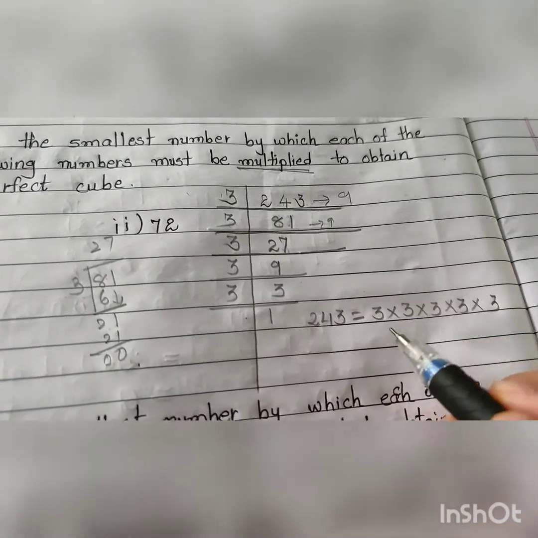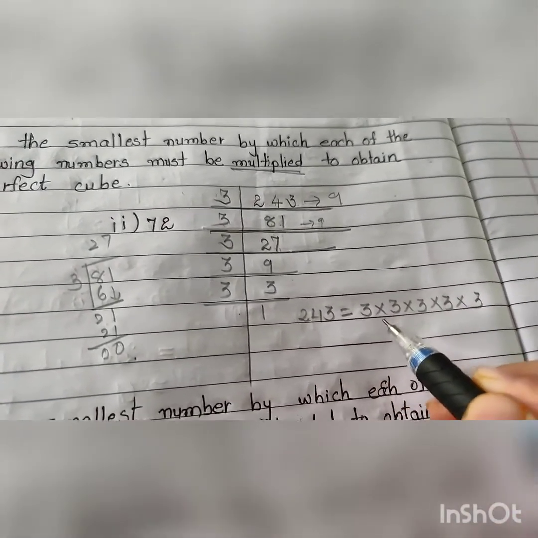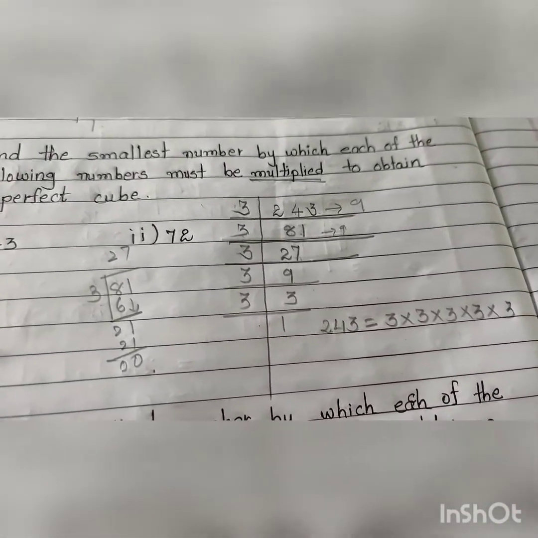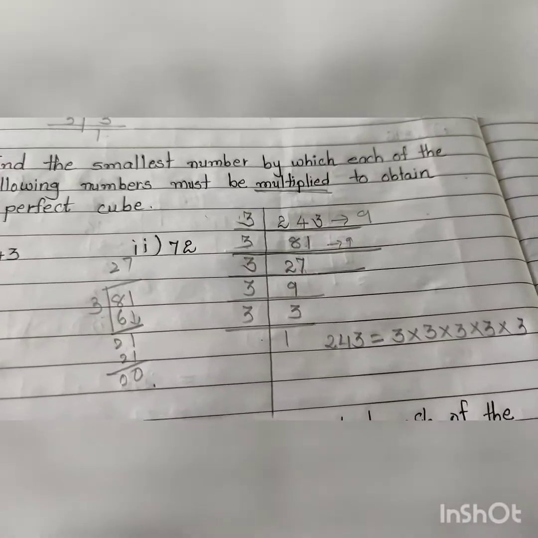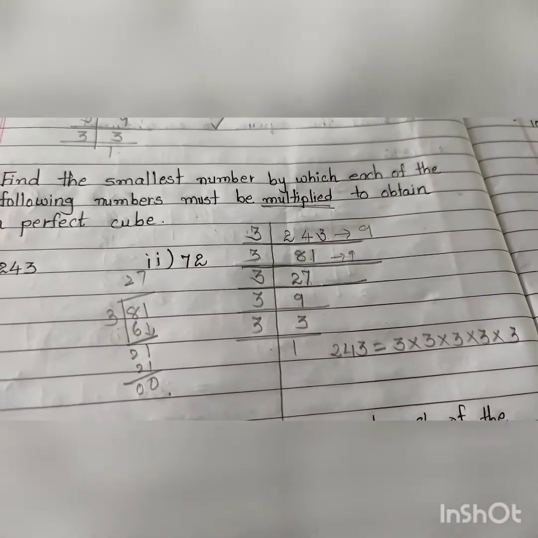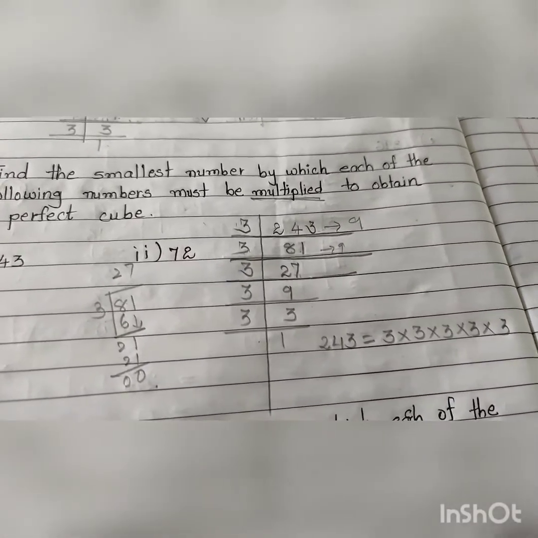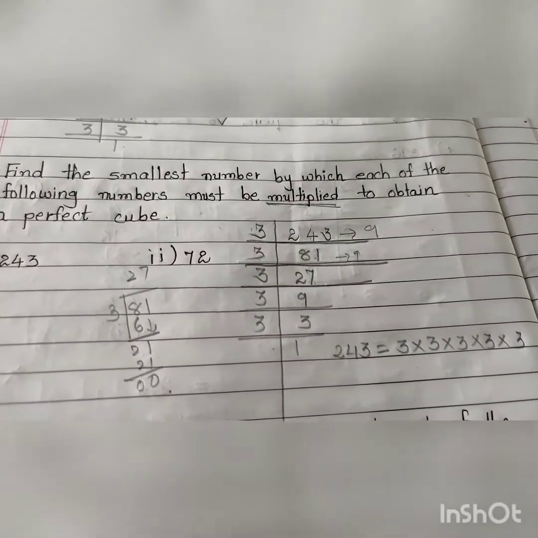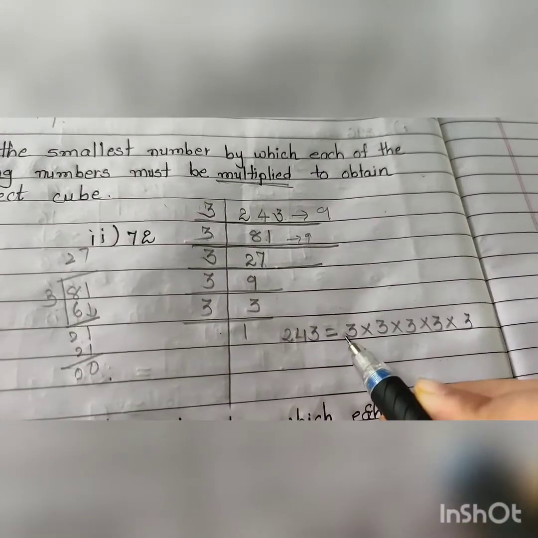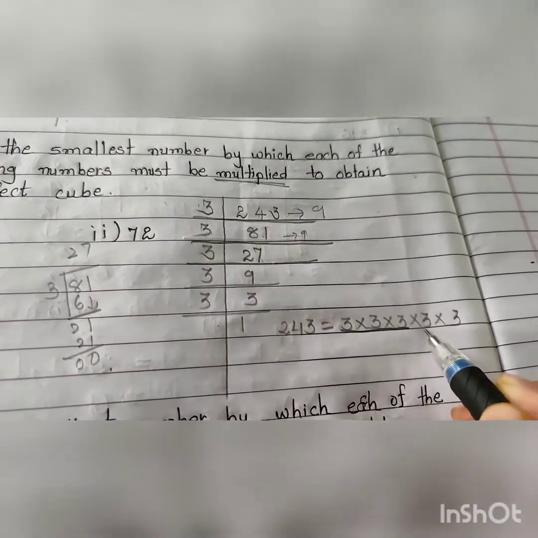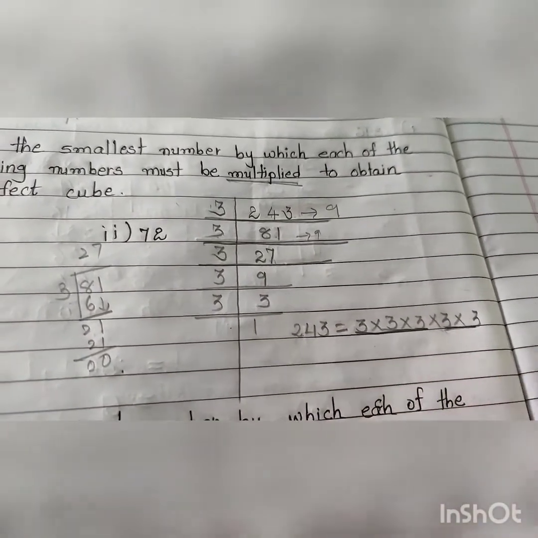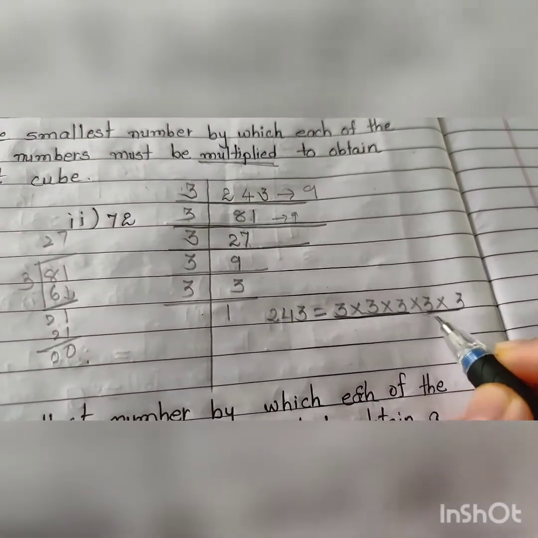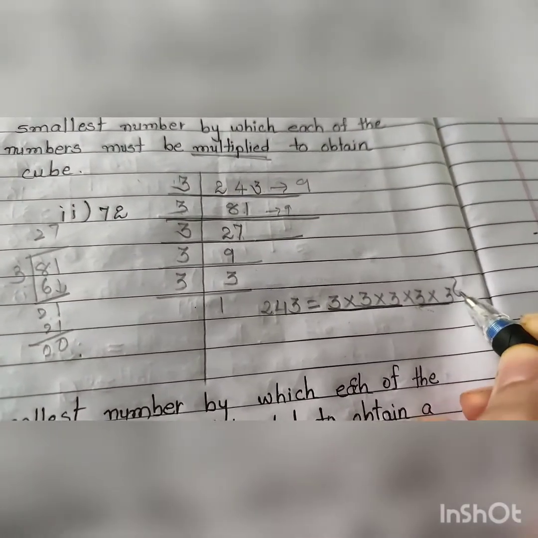Now to make it a perfect cube, or if it is a perfect cube, then all the numbers should be in a triplet. यानी सारे नंबर्स 3 3 के ग्रुप में होने चाहिए. अगर 2 है तो 2 3 टाइम होना चाहिए, 3 है तो 3 3 टाइम होना चाहिए, 5 है तो 5 3 टाइम्स होना चाहिए, ऐसे होना चाहिए. ओके, सो हियर दिस इज द फर्स्ट एंड दिस इज द सेकेंड, बट दिस 3 इज ओनली 2 टाइम्स. सो टू मेक इट अ परफेक्ट क्यूब, दिस 3 शुड बी 3 टाइम.